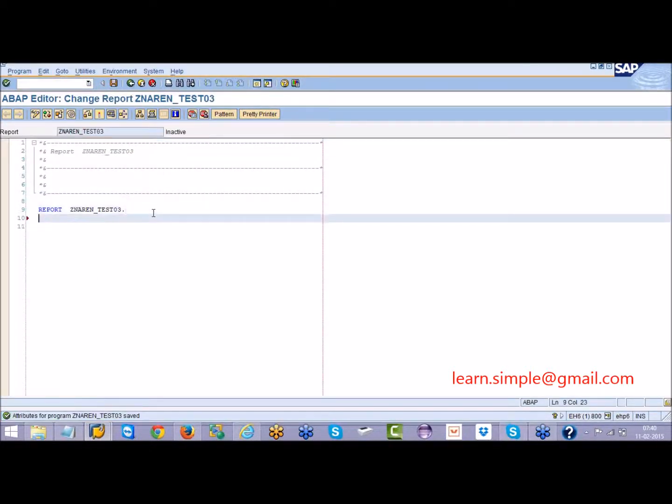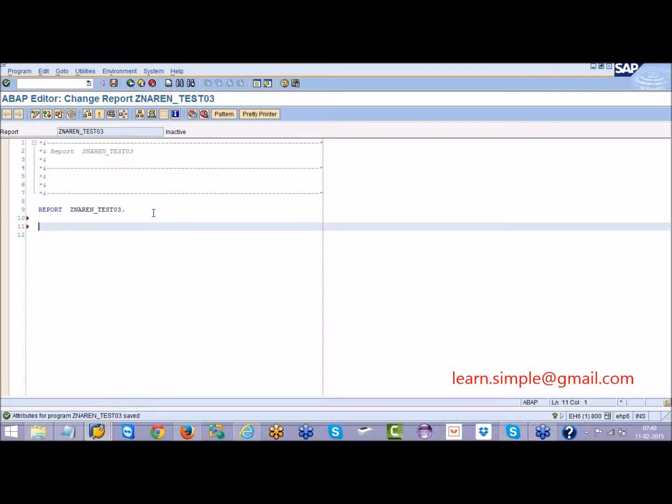Sometimes you may need to display something on the left hand side, and some content on the right hand side of the screen. Sometimes you may need to display one line below which another line should be there. So all these kinds of formatting we'll see. What I will do is I'll declare two parameters here.